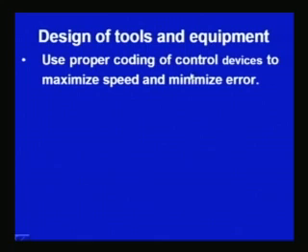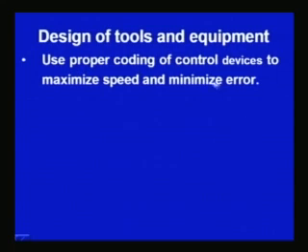The third principle of motion economy is related to the design of tools and equipment. Tools and equipment should be designed in such a way that they need minimum attention of the worker and minimum effort from the operator during the operation. For this purpose, proper coding of the control devices in the tools and equipment should be used, so as to maximize the speed of work and minimize